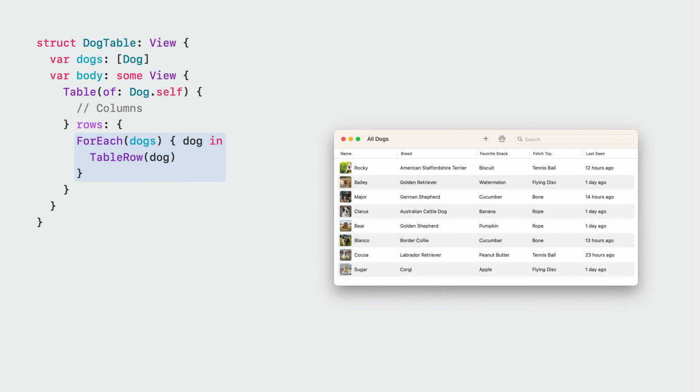Here I have the dog table, which has a ForEach inside. Because TableRow is always a single row, the number of total rows here is just the number of elements in the dog's collection. This construction is so common that new in iOS 17 and macOS Sonoma, SwiftUI provides a streamlined initializer that lets you simply write ForEach of your data collection and creates the table rows on your behalf. While this initializer is new, it back deploys to all previous operating system versions where Table is available. Not only is this construction simpler, it also enforces a constant number of rows for the ForEach content, which helps with identification performance. However, there is a semantic change I'd like to call out that's new.